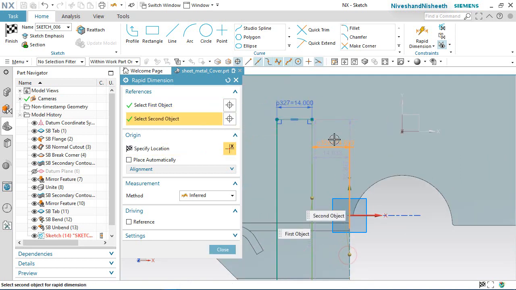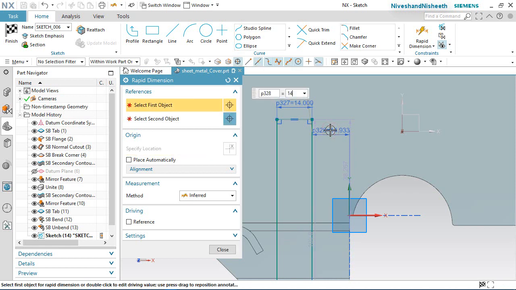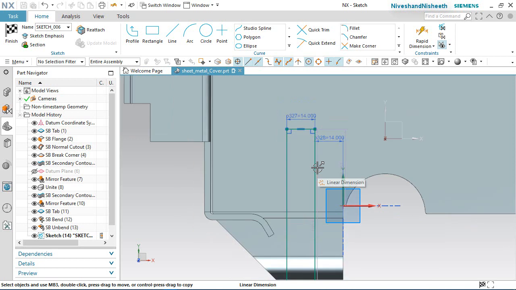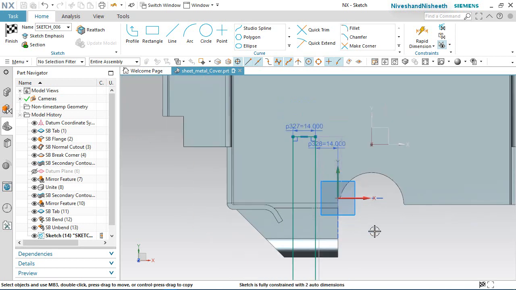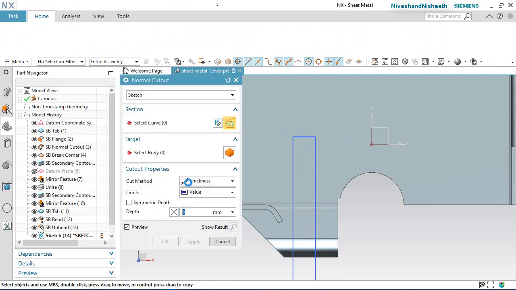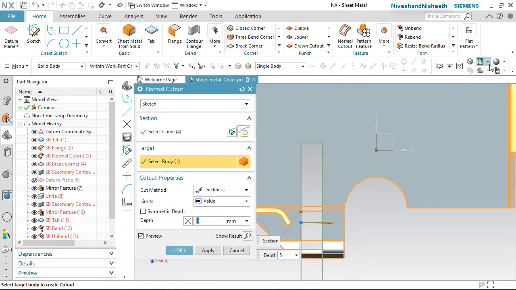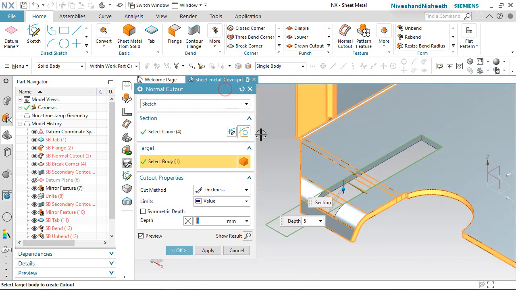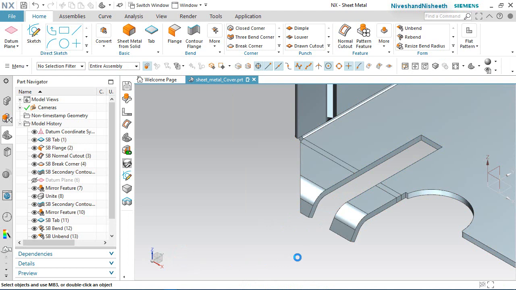Set the value 14 mm. Finish the sketch. Now the preview is visible here. Set the value through all option. Click OK. Now see, my cut feature is created.